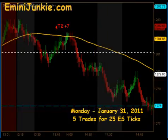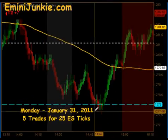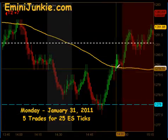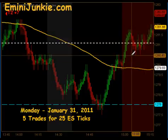Came down to some longer term support. We had a little bit of confluence down here around the Globex low. The market quickly bounced off that level and gave you what would have been an extension long, but that happened